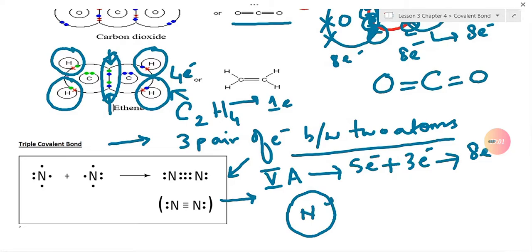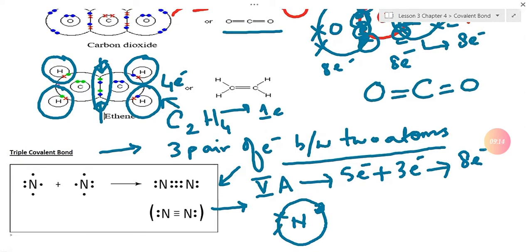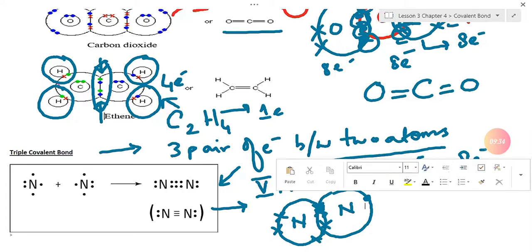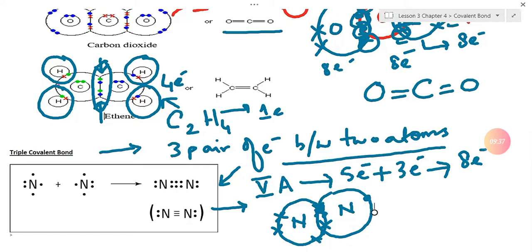Nitrogen will orient its electrons in such a way that 3 electrons face towards the other nitrogen, and the other will also do the same, and 2 will be left unpaired. Both nitrogens will be sharing 3 pairs of electrons among themselves, and 2 electrons will be left unshared on each nitrogen,